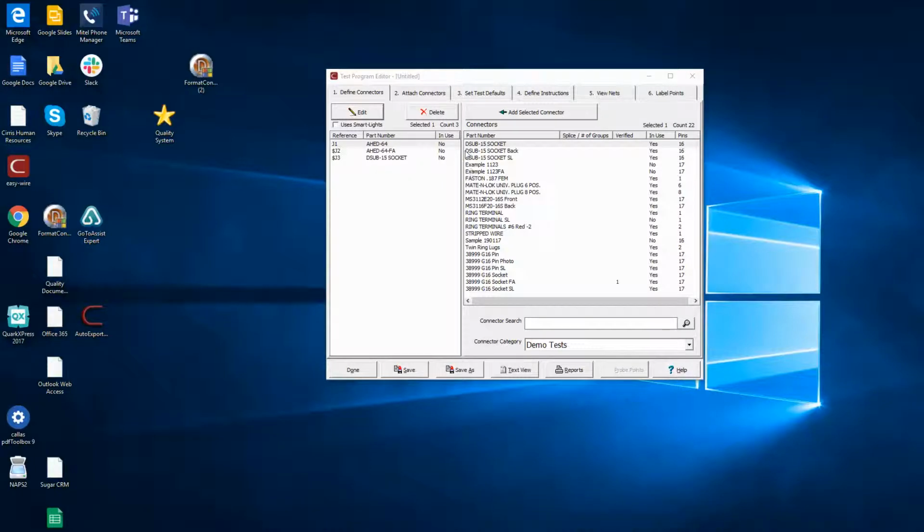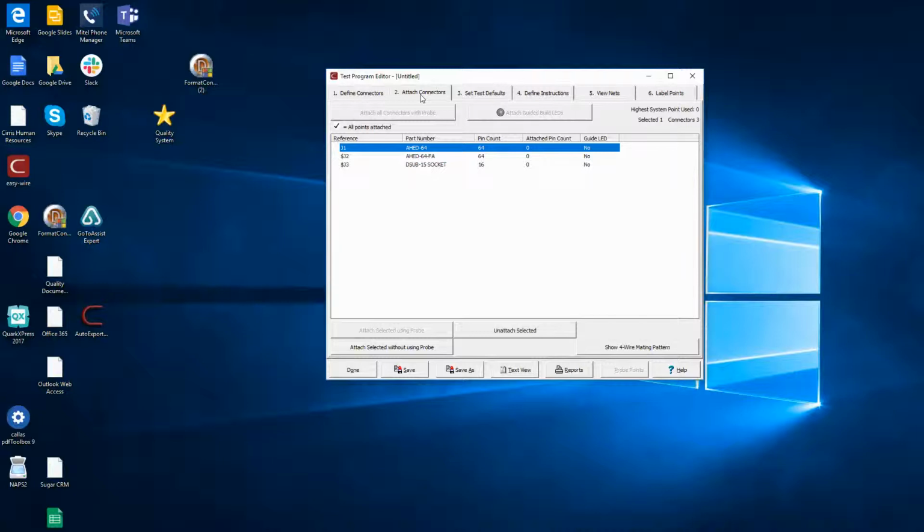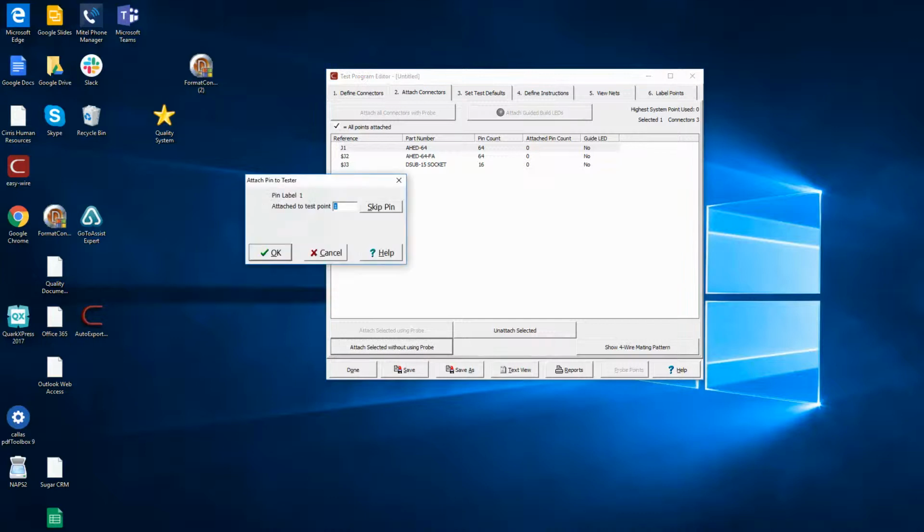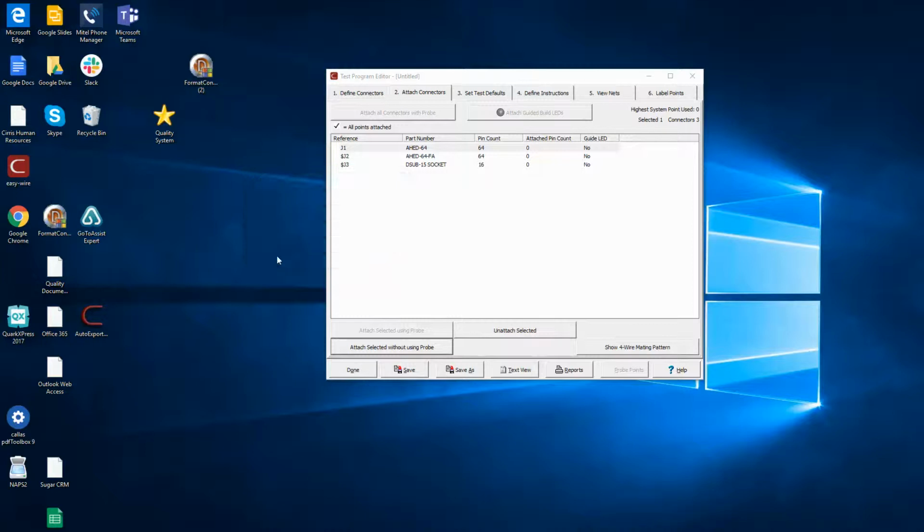In the program, we also have to go through the number 2 step here, attach. And this is, you may remember, something that we can do with the probe. We can also do it manually. I don't happen to have a tester attached right now, so you'd see that it's not giving me the probing action or option. So I'm just going to select without using the probe. And it brings up a graphic which you can't see because I have 2 screens and it's over to the other side. But I'm going to do this manually,